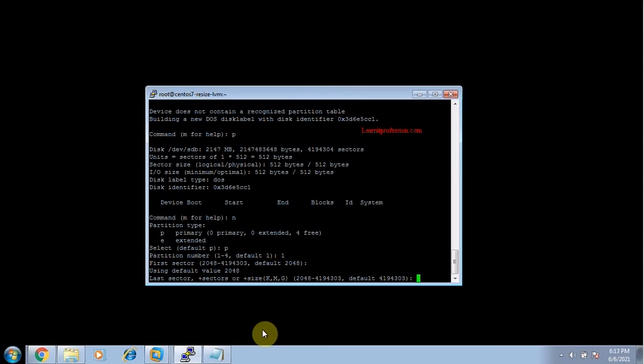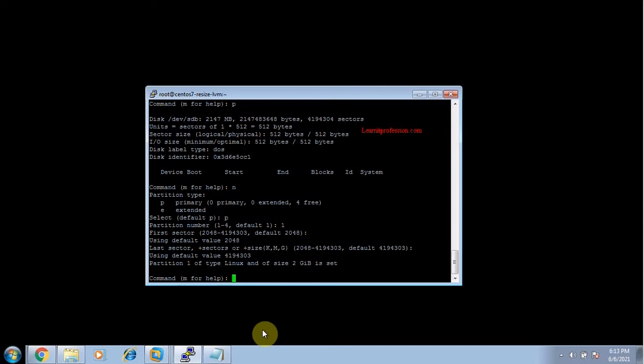Actually I am taking the whole disk to add in a volume group, so I just press enter.